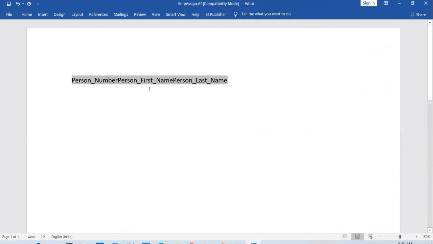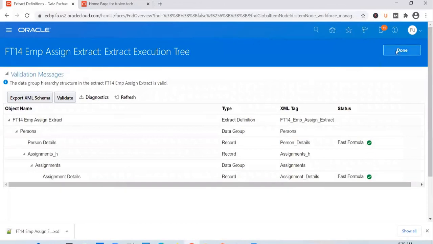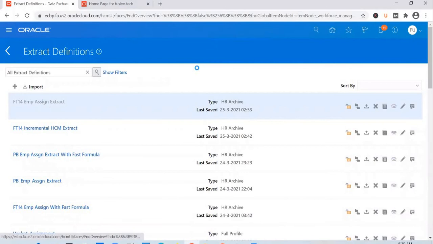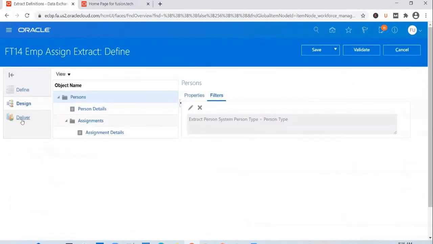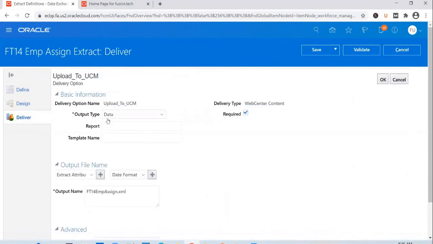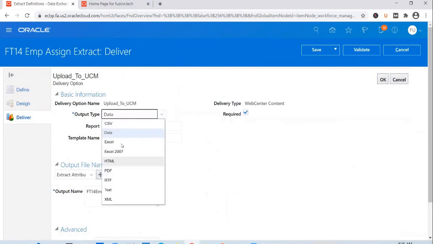And after you come up with a detailed RTF layout, you can upload it to the reports and analytics work area. And after you do that, you go back to the extract again, and you go into the Deliver tab. On the Deliver tab, in the output data type, you can select the data type that you want to generate the output in. So if you want to generate the output in PDF or CSV, change it to PDF or maybe CSV.